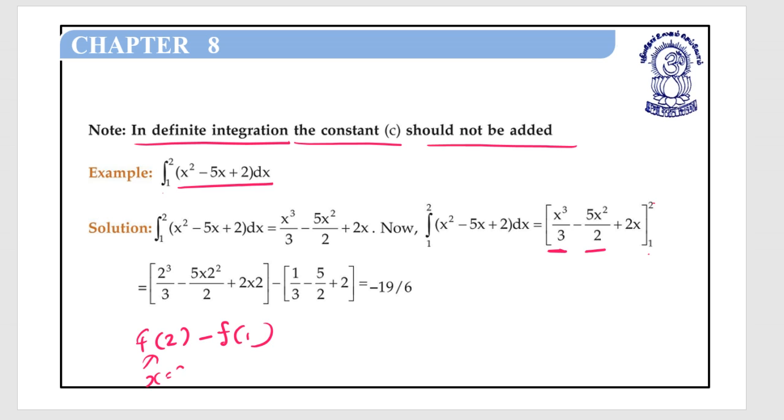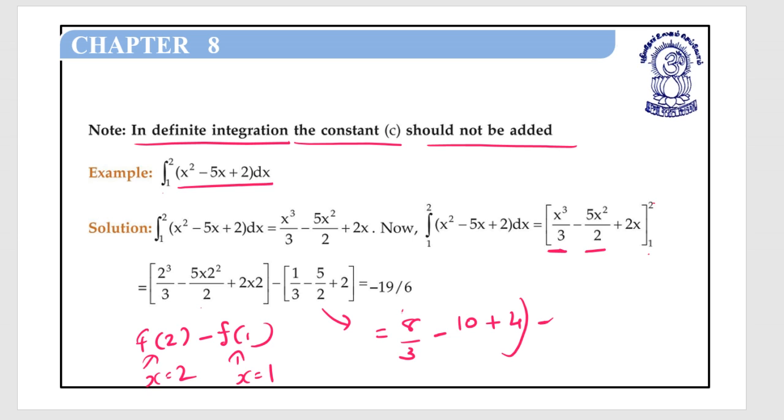Here f of 2, x is equal to 2, and f of 1, x is equal to 1. So 2 cube by 3 minus 5 into 2 square upon 2 plus 2 into 2, minus sign, f of 1: 1 by 3 minus 5 by 2 plus 2. So here 2 cube by 3 is 8 by 3, minus 2 2s are 4, 5 times 4 over 2, the 2s cancel, 5 2s are 10, plus 2 2s are 4,